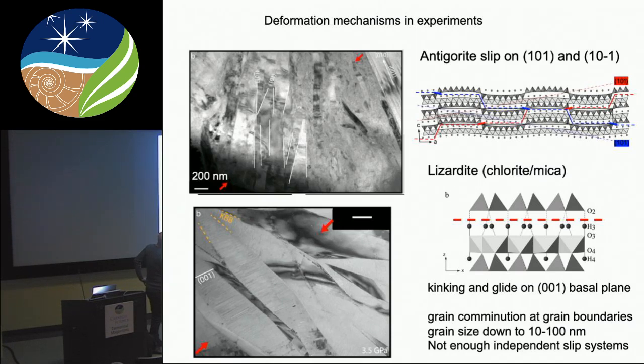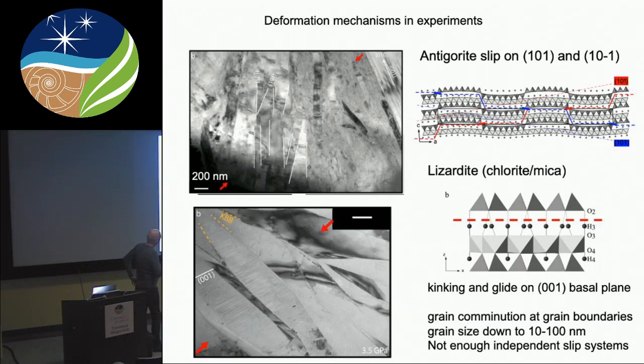In antigorite, we can show that we have shear along oblique or diagonal directions that correspond to the modulation of this structure. Whereas in the lizardite